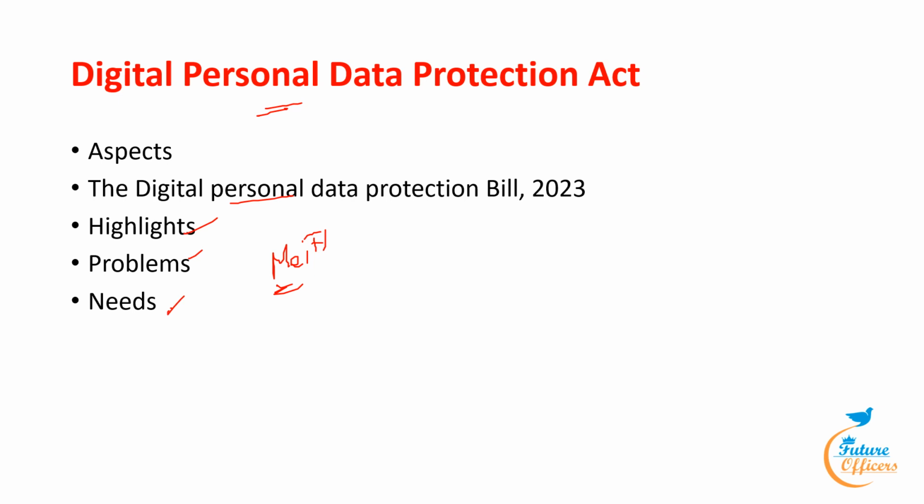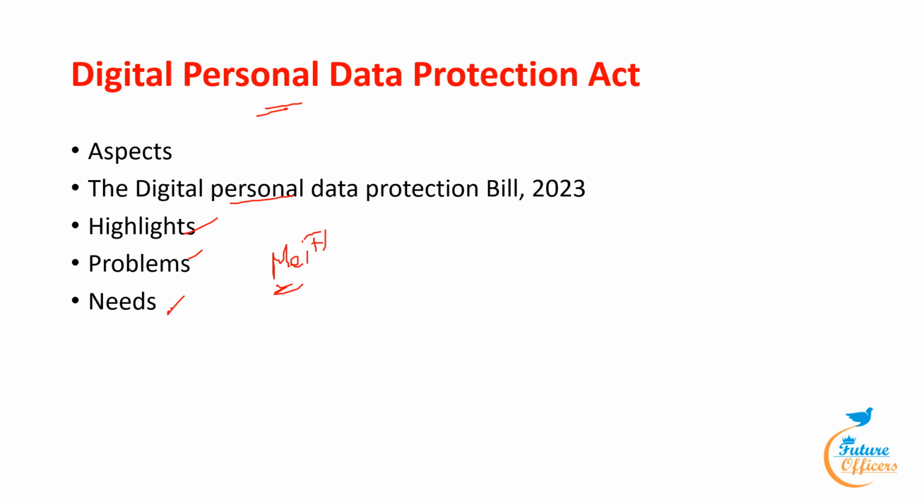Individuals are given certain rights under the bill, such as the ability to access information, request erasure and correction, and file grievances. Government agencies may be exempted by the central government from the bill's provisions for specific reasons such as maintaining public order, state security or deterring crime. The Data Protection Board of India will be established by the central government to decide cases involving non-compliance with the bill's provisions. Now, what are the problems seen in this 2023 law?